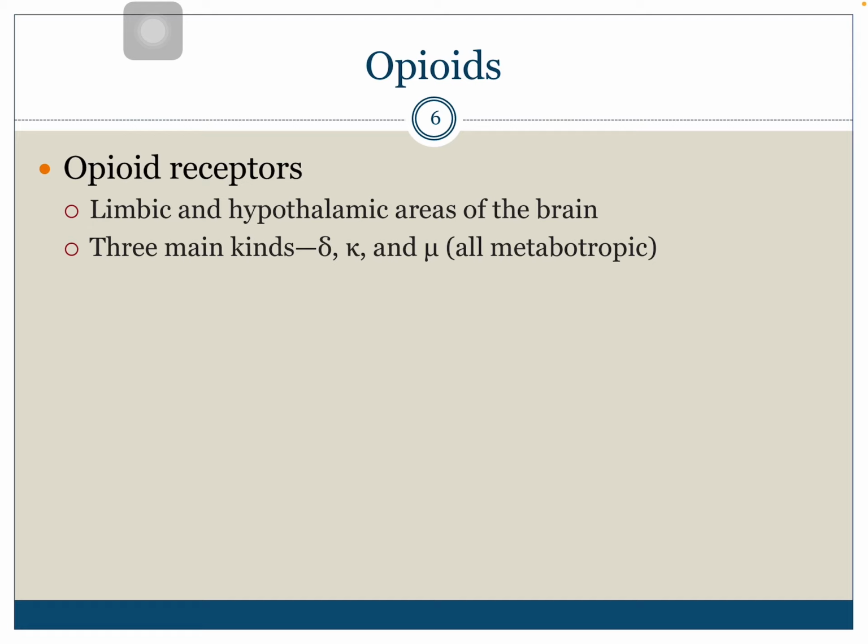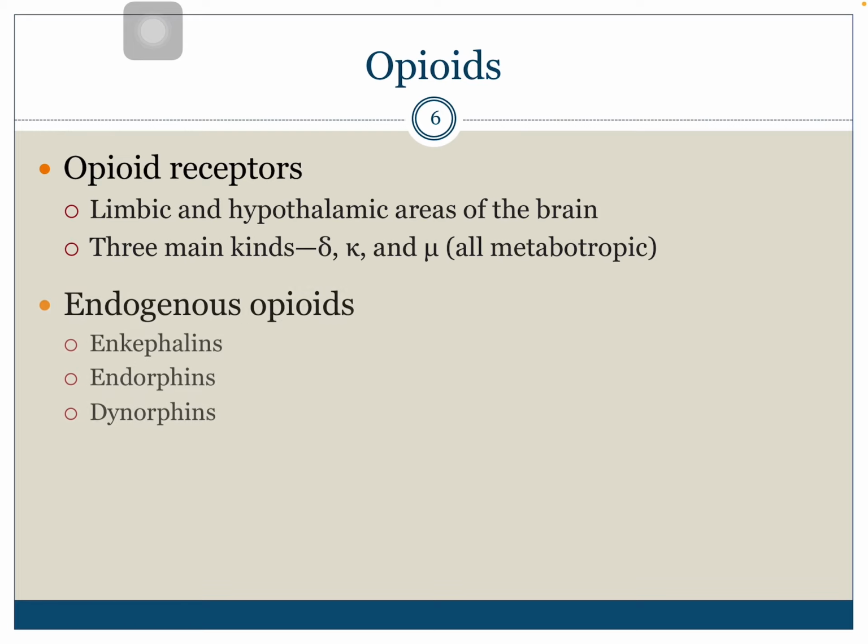So these areas are all sort of interconnected. We do have 3 main types of opioid receptors naturally in the brain. And those are delta, kappa, and mu. All of these receptor types are metabotropic, and if you remember from previous lectures, you can have metabotropic and ionotropic receptor types. Metabotropic make up about 80% of the receptor types that we have, and those tend to be slower in terms of producing change, compared to the ionotropic receptor types.